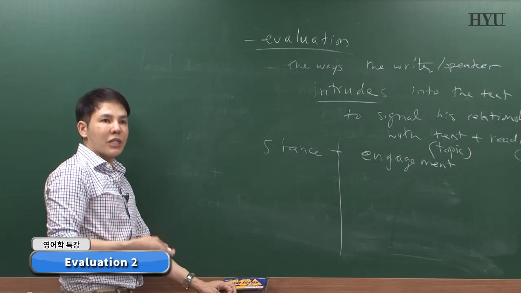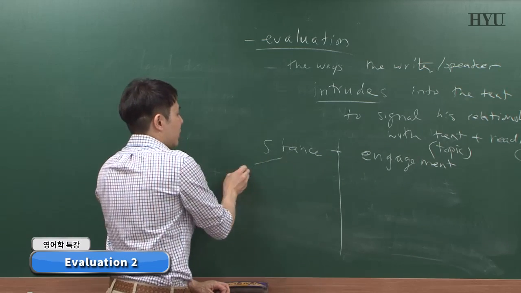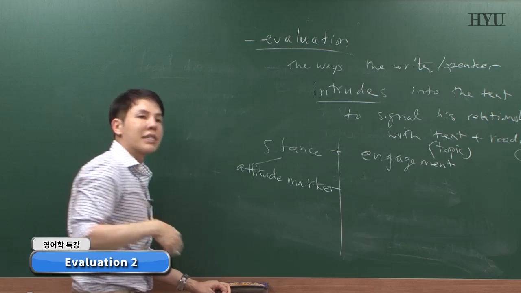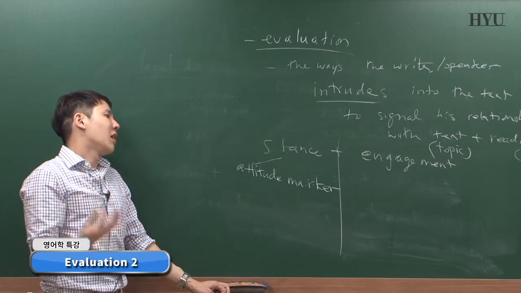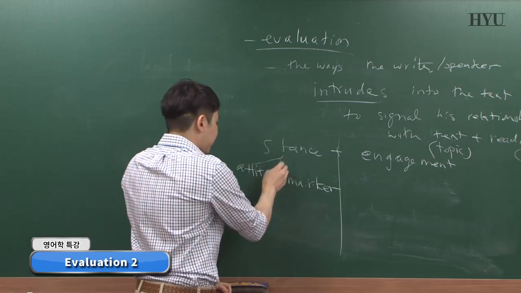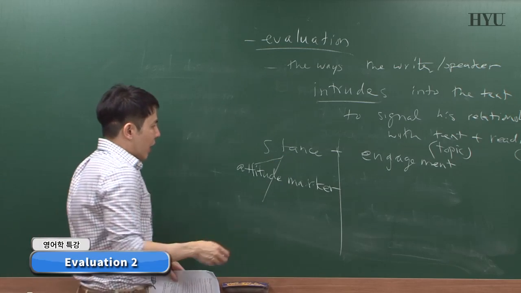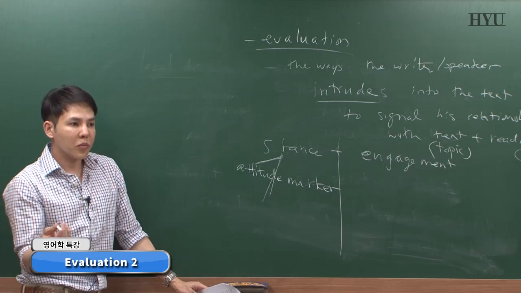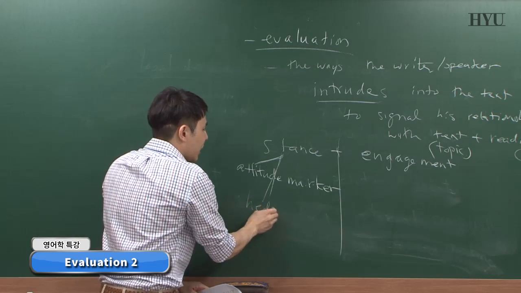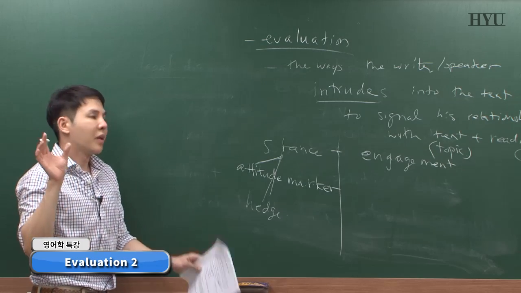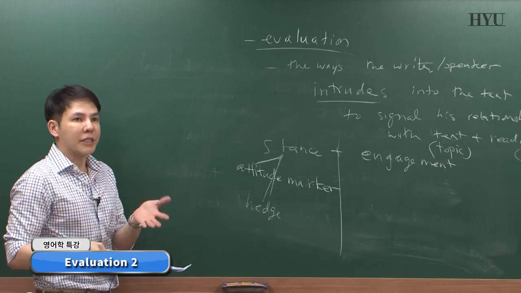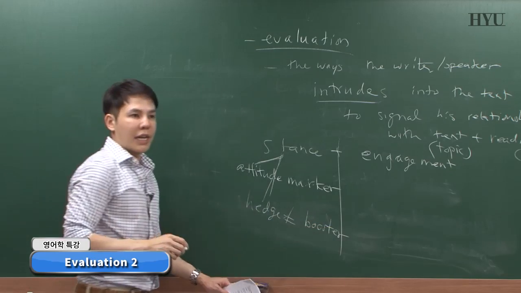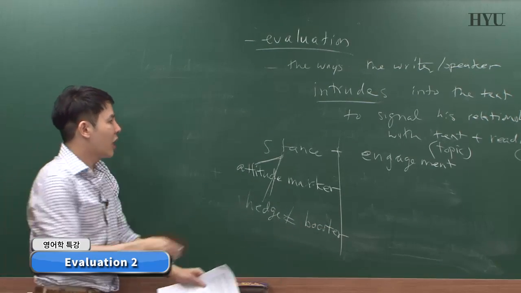So for stance devices, we have maybe 4 or 5 kinds, right? So for example, attitude marker, things that you like or you don't like, things that you desire or not desire, like that, right? So attitude marker, things that you think are important or not important, right? Attitude marker, and also what else do we have from last time? Hedge, right? Hedge. When you withdraw your commitment from a proposition, right? That you are not sure about something, you're not 100% sure. So the opposite of hedge is the booster, right? So booster, like this, right? So attitude marker, hedge, booster, and also